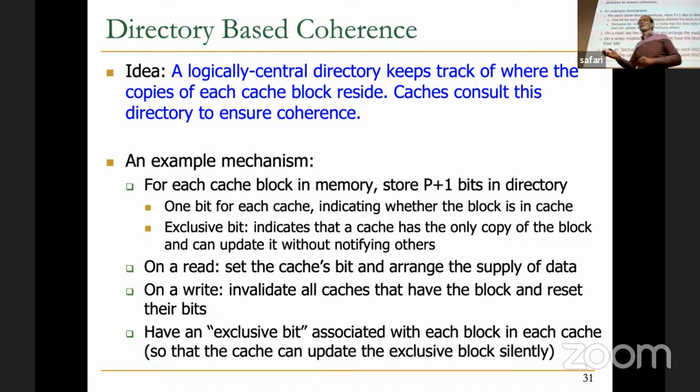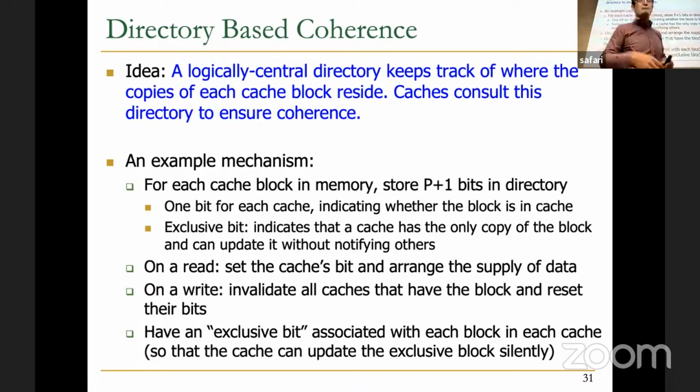But of course, for this to work, you need to know that you have exclusive access to the block. How do you know? You have to have an exclusive bit in your cache saying that you're the only one who has the block, and the directory needs to tell you that you're the only one who has it. Does that make sense? So this requires some modification to the caches. The beauty of directory-based cache coherence is that normally it should not require any modification to the caches,